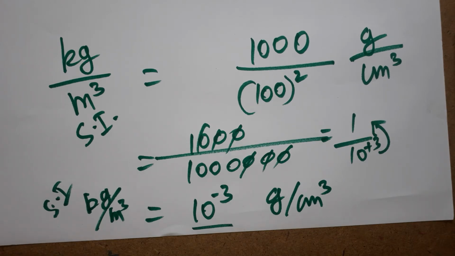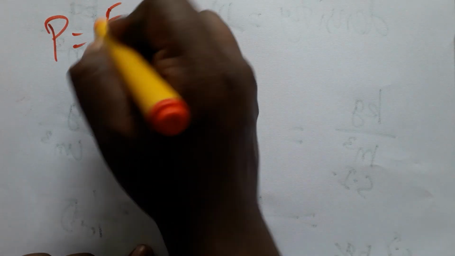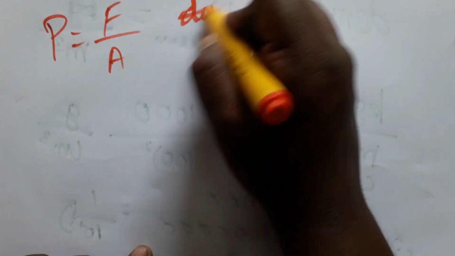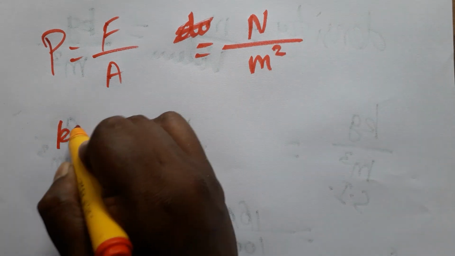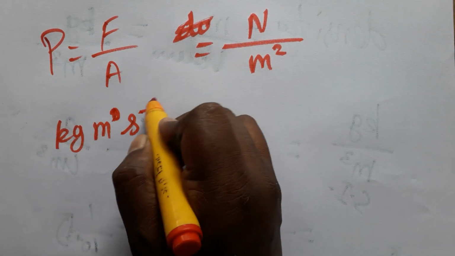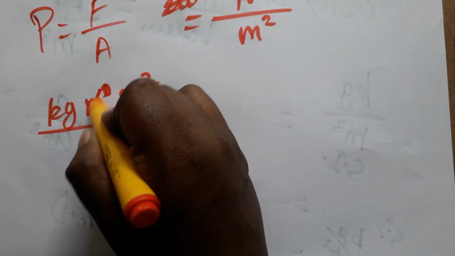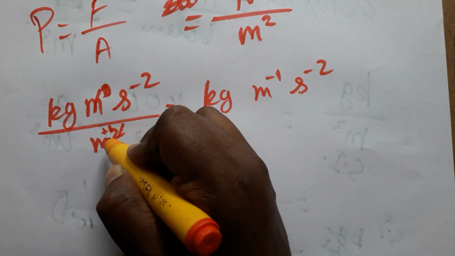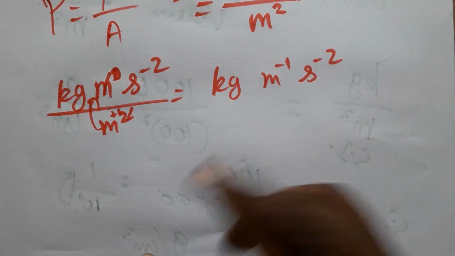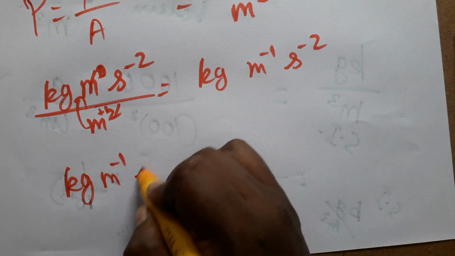Okay. Now I am going to do pressure. The pressure formula: pressure is equal to force per unit area. So the force unit we can take as Newton, and the area unit is meter square. So instead of writing Newton you can write kg meter second minus 2 divided by meter square. So meter gets cancelled, and we get kg meter inverse second minus 2. Meter plus 1 taken as numerator becomes minus 1. So kg meter minus 1 second minus 2.